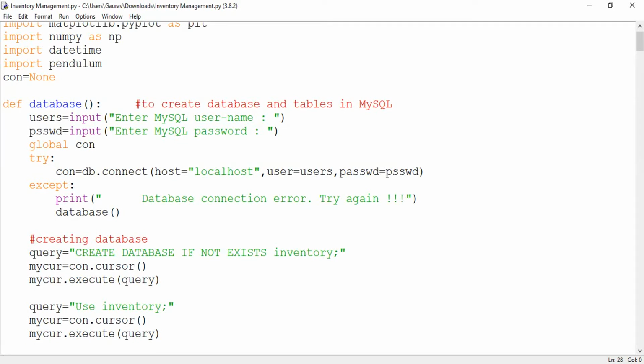So this is a better approach according to me, that whenever you are working on a new system, you should not create the database and tables explicitly. That creation of tables and database should be done by the Python programming only. So this is a very important function and you should concentrate on the use of it.